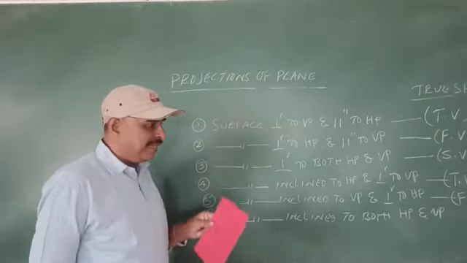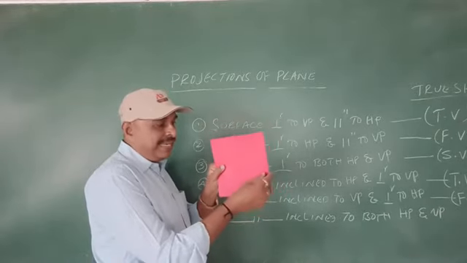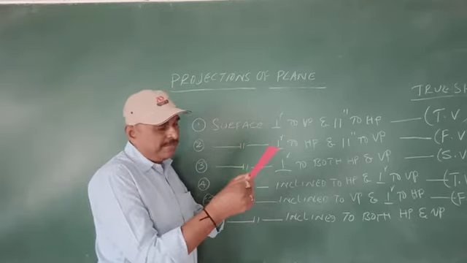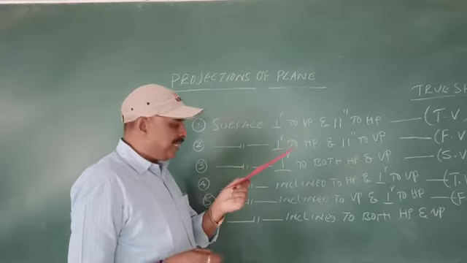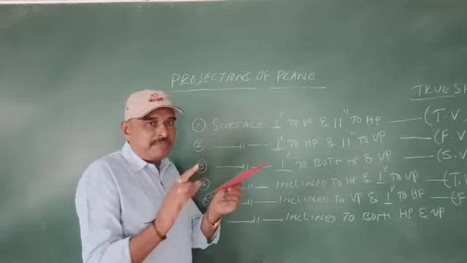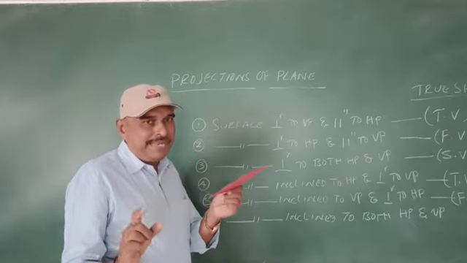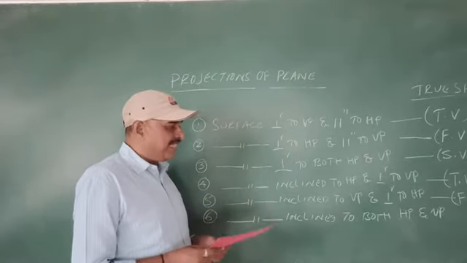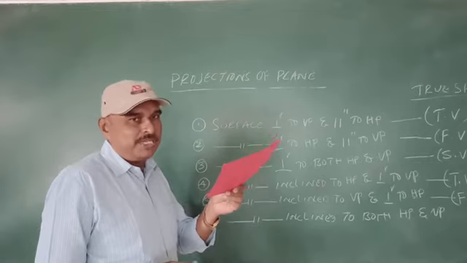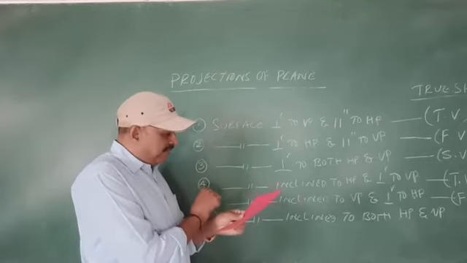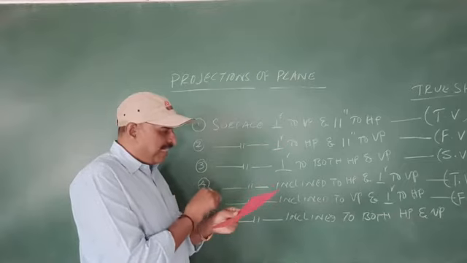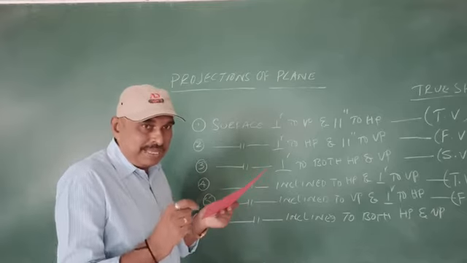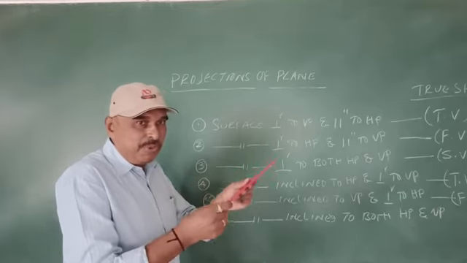Now the last condition, that is when the surface is inclined to HP as well as inclined to VP. In this position, the surface is not perpendicular or parallel to any plane, but it is inclined to both the planes. So when the surface is inclined to both HP and VP, in the first stage you have to assume that before the surface was inclined to one plane,